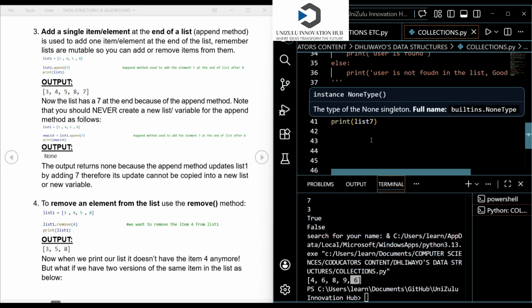So these lists kind of restrict the copying. Basically, this updated list cannot be copied into a new list or into a new variable. You cannot make a new variable out of list 7. So even if I say print new list, my program is going to say None. It's because new list you cannot really copy. That's what I'm trying to say. You guys understand me now? You cannot really copy a list in this manner, right?